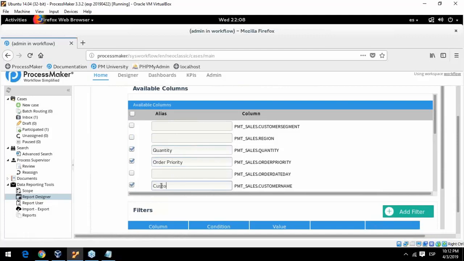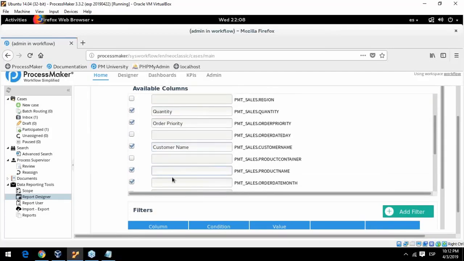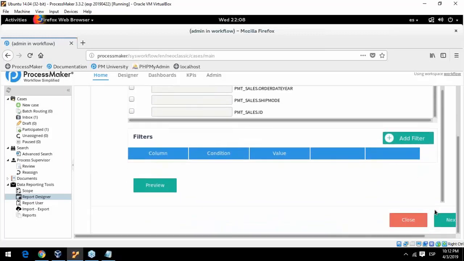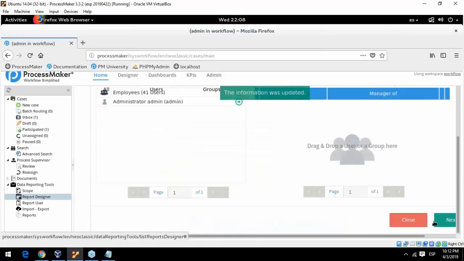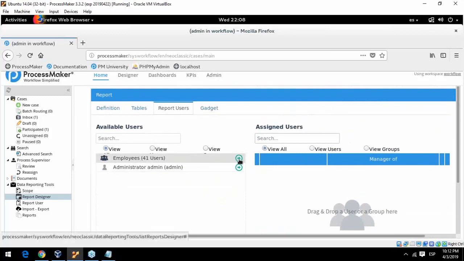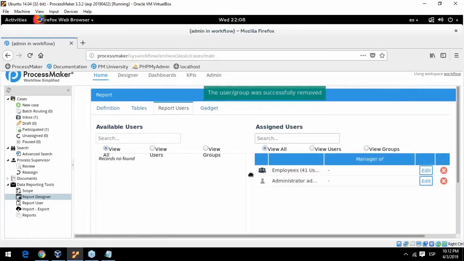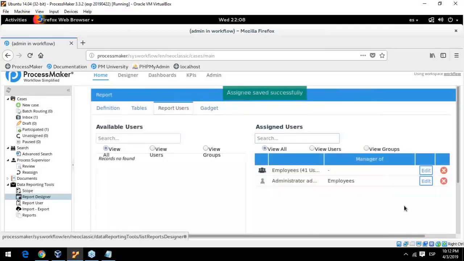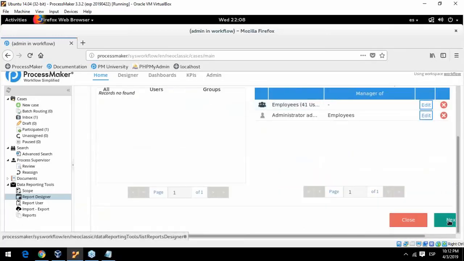This is going to be the customer name. This is going to be the product name, the order date month, and so on. Based on that, I'm going to move to next. Apply this and this, and make this as a manager, something that we have said before. Then click on next here,